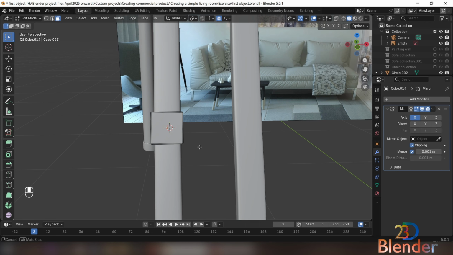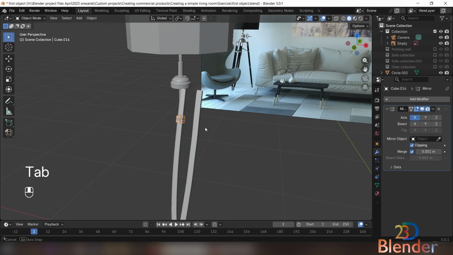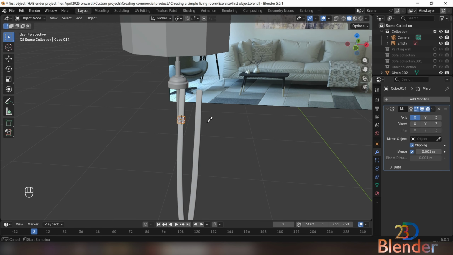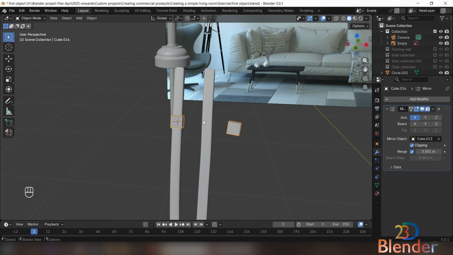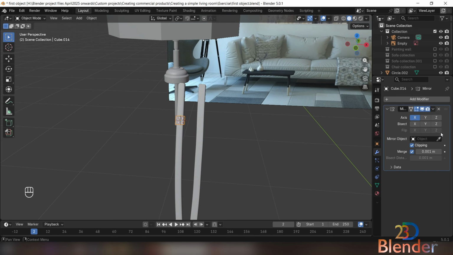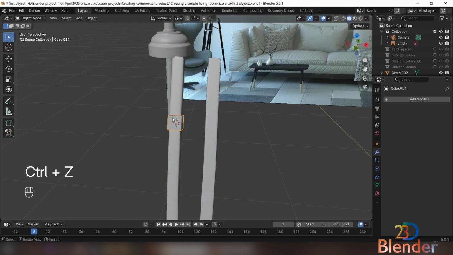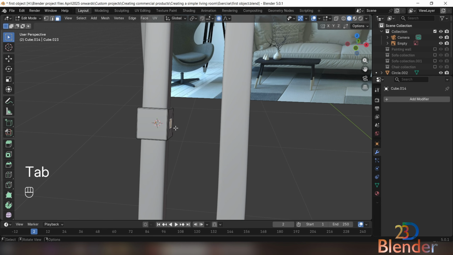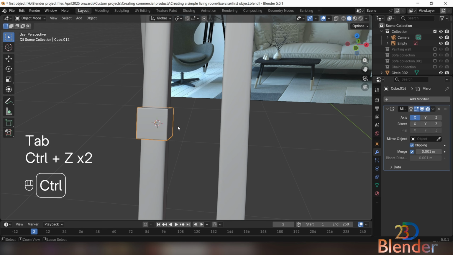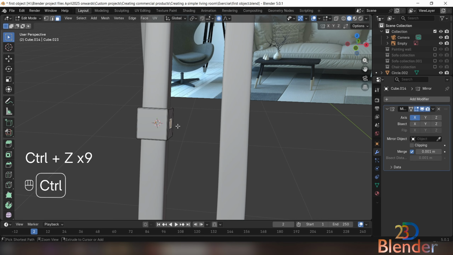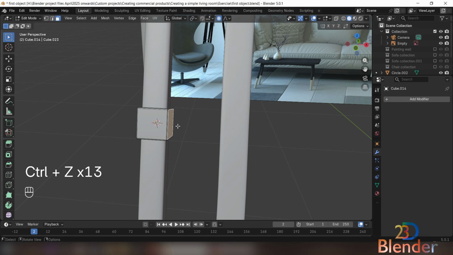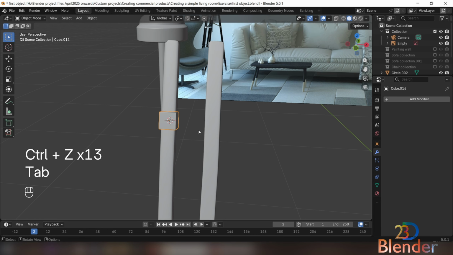enable clipping. And where do we want to mirror this? We want to mirror it based on this. It's not working. Why is it not working? I think same issue. So yeah, I think mirror will give us trouble. So let's not inset it either. There is no Control Z, everything. And let's